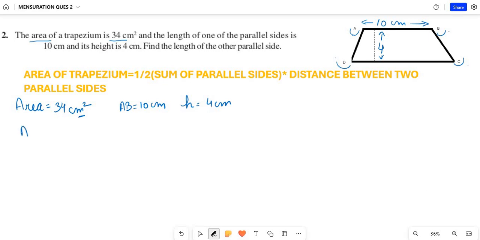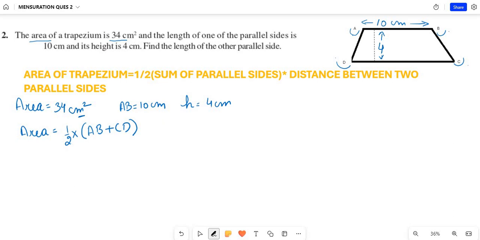So now let's find the area as per the formula. Area is equal to half into sum of parallel sides. So here the parallel sides are AB and CD. Now what are the parallel sides? Parallel sides are those which do not intersect if they are extended, meaning the lines which do not intersect on extending them in any direction. And the sides which intersect on extending are not parallel. So here if you extend AD and BC, they will intersect somewhere. So these are non-parallel sides and AB and CD are parallel sides.